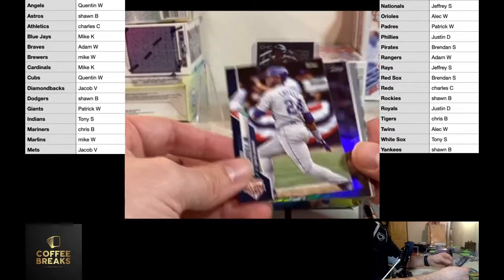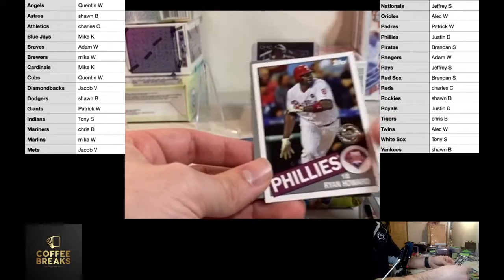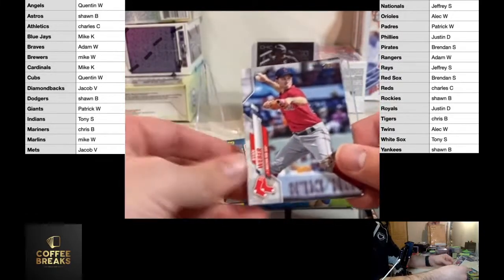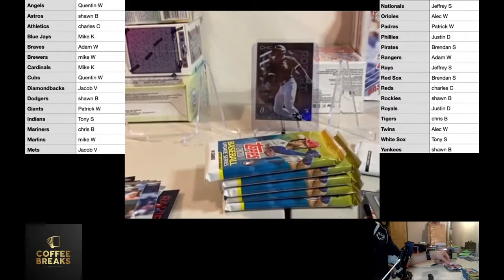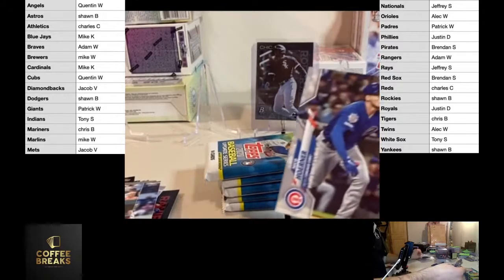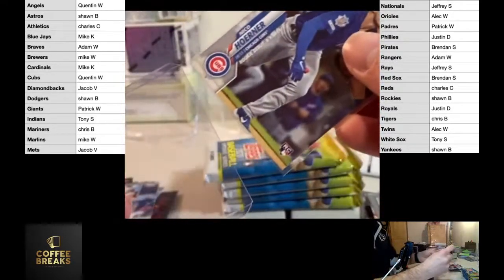There's a Griffey. I don't think there's another band on it. Chris Martin, Ryan Howard, Carlton Fisk, Bucky and Ty France. Let me go a little. See